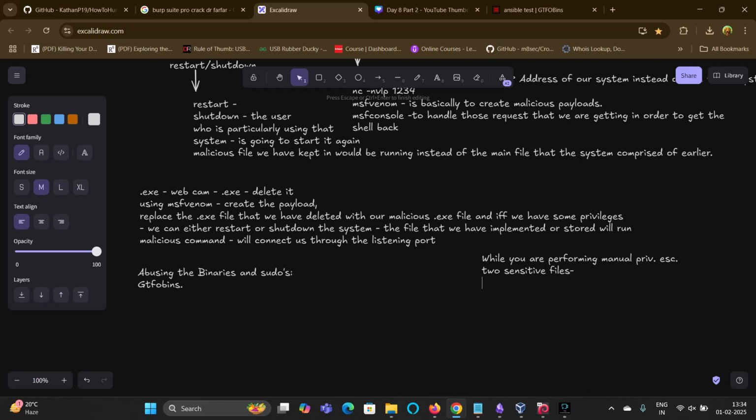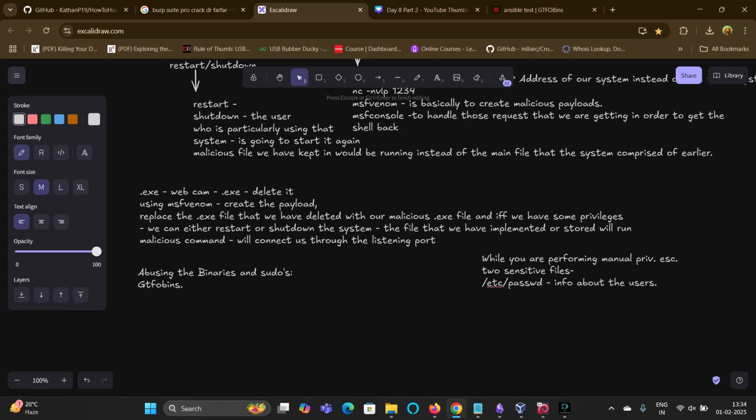You always need to check those two sensitive files. If they are present, you can do it anyhow. You have to check /etc/passwd. What does /etc/passwd basically tell you? It gives you the info about the users that the system or that particular network is having.